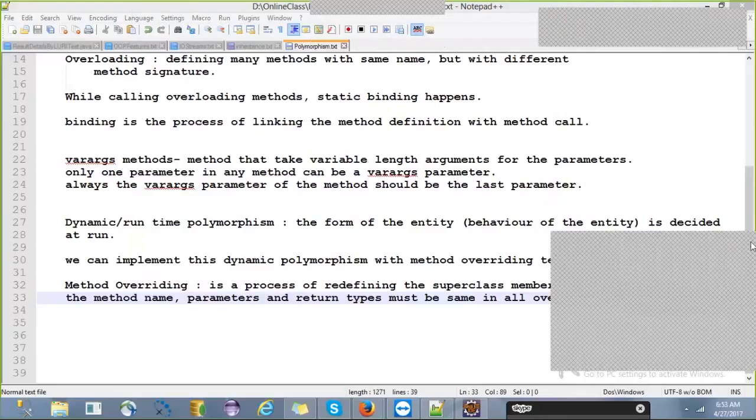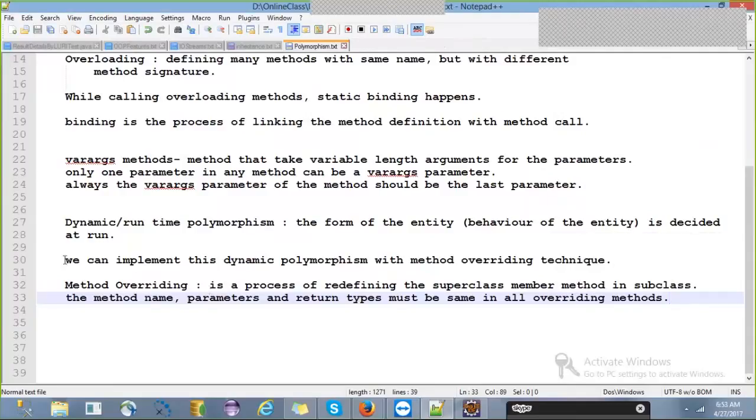So what I'm saying here is, method overriding is a technique to implement dynamic polymorphism. As a definition, method overriding is a process of redefining the superclass member method in subclass. In method overriding, we rewrite or redefine the superclass member method in the subclass. The same method is presented in the parent class and child class.